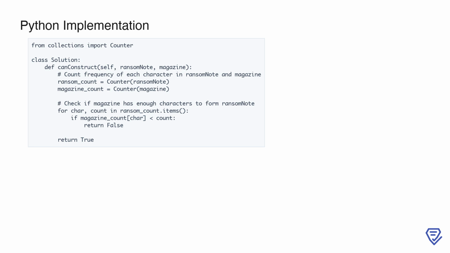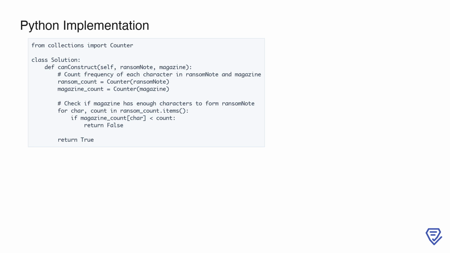2. Check character availability. We iterate over the characters and their counts in ransom_count. For each character, we compare its count in ransom note, ransom_count[char], with its count in magazine, magazine_count[char]. If magazine has fewer occurrences of any character than required, we return false immediately. 3. Return result. If all characters in ransom note can be matched with sufficient frequency in magazine, the function returns